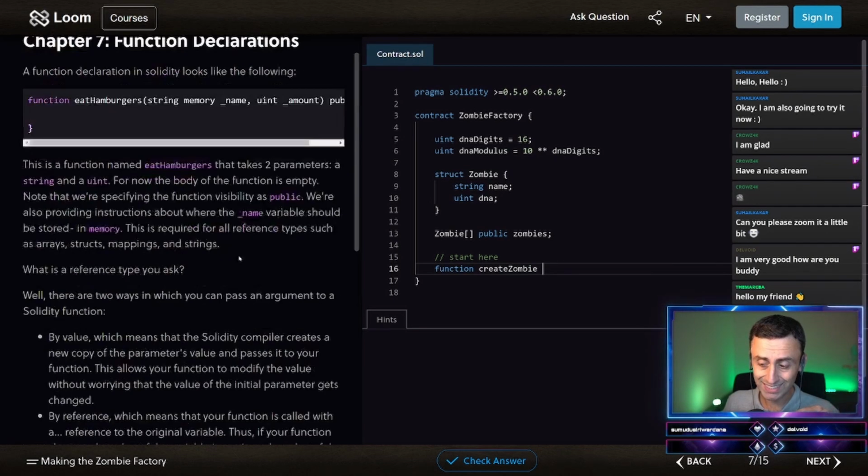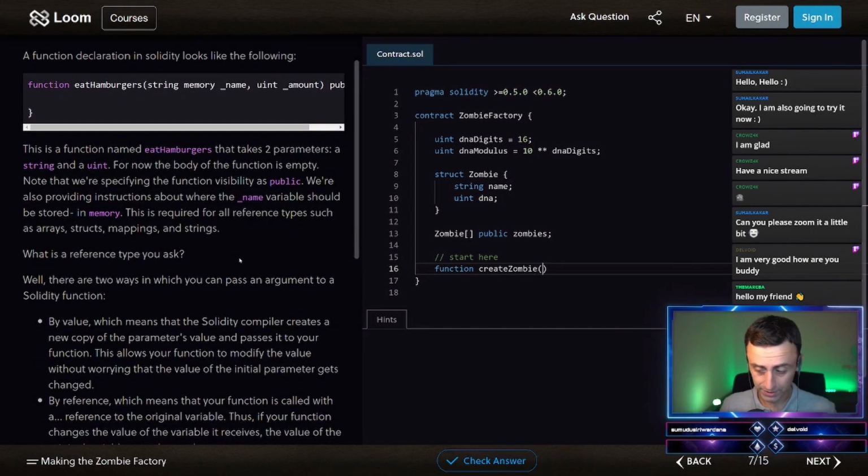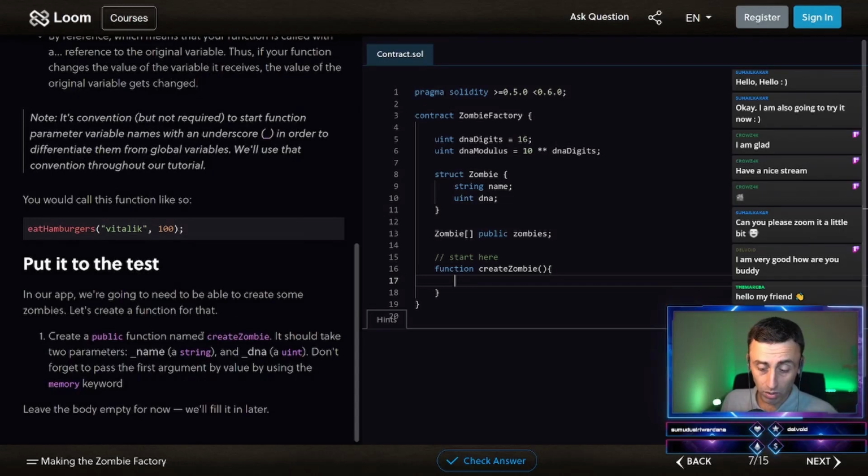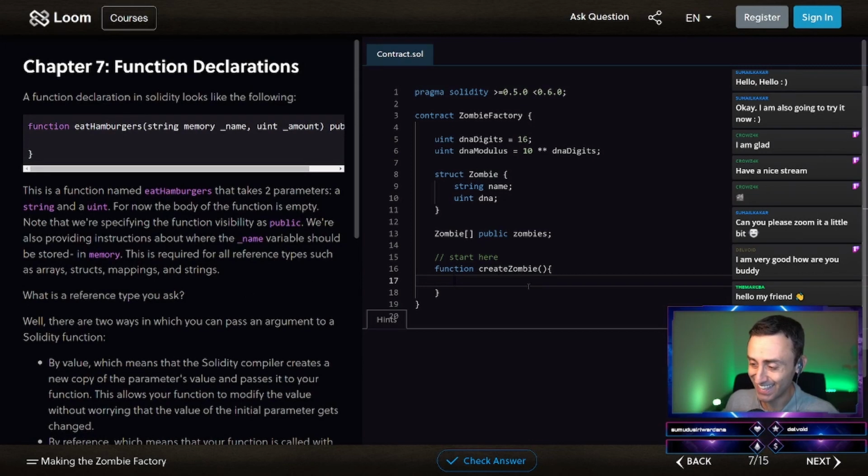Now, this is the name of the function. Right now this function does nothing. It should take 2 parameters, _name, a string, and _dna, a uint. Don't forget to pass the first argument by value by using the memory keyword. Okay, super easy. They are saying literally everything. So string, and now let's see.